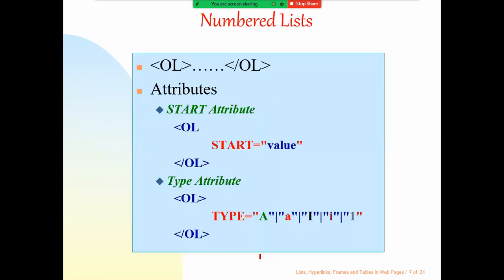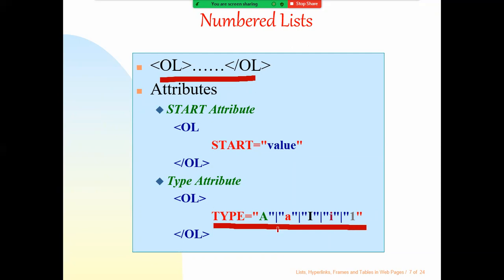Now when you talk about the ordered list, we have a little more attributes for this one. OL stands for the ordered list, or what you call a numbered list. When I'm using this numbered list, we have type, and there are multiple options for the type.